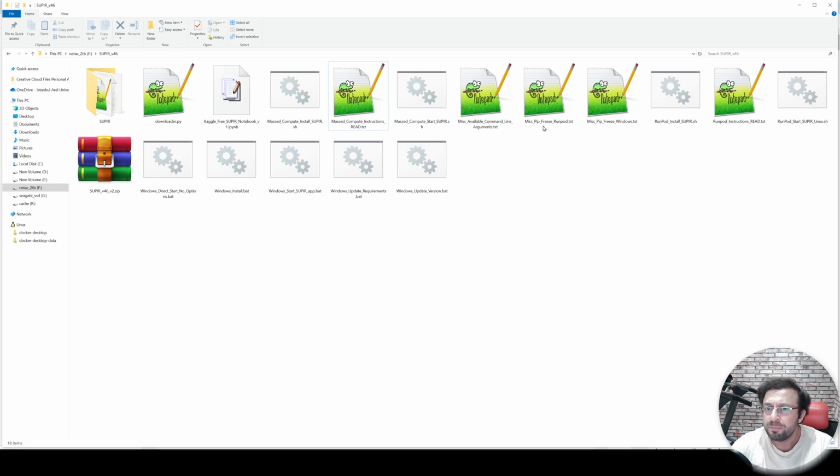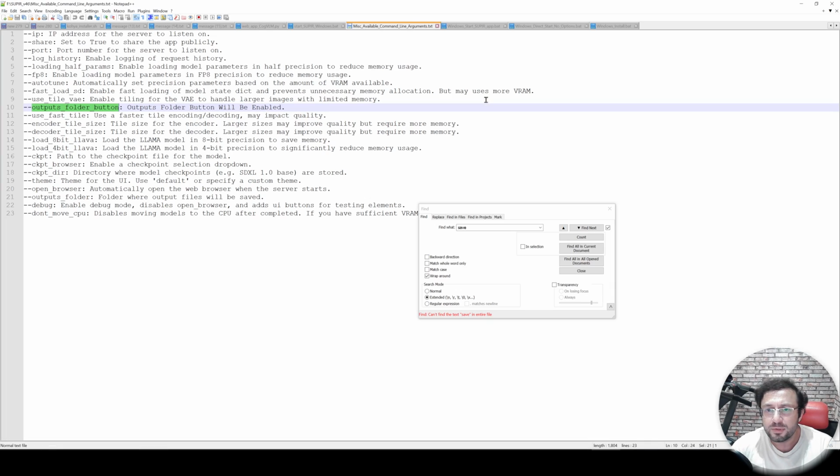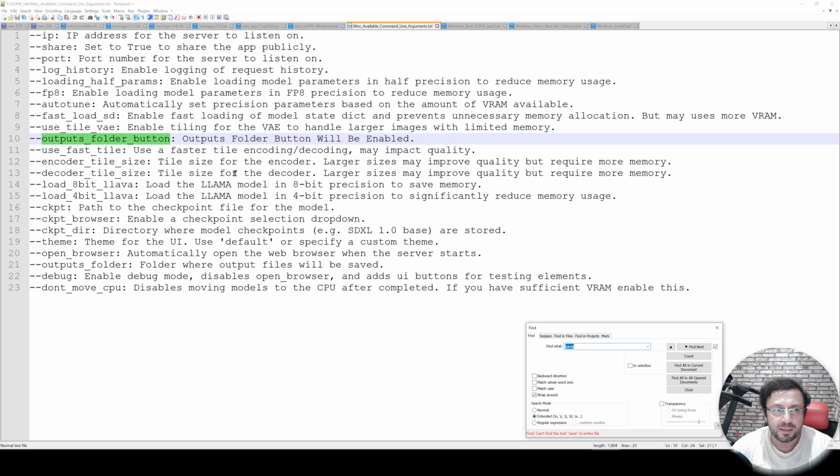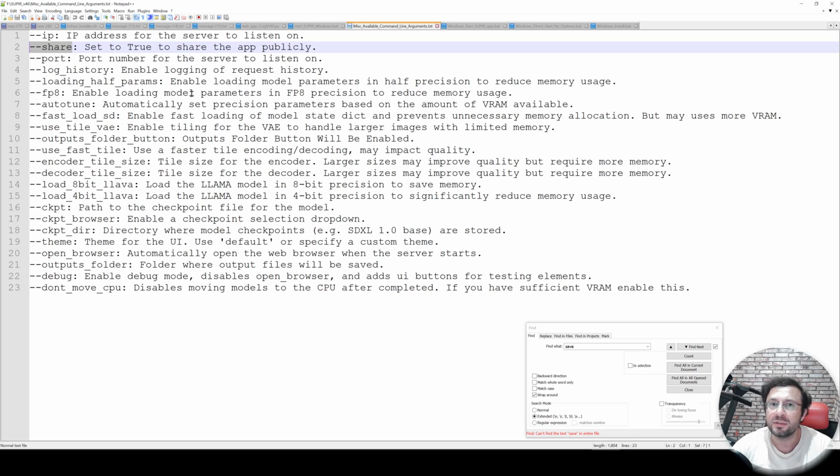There is also available command line arguments. When you open this, you will see all of the command line arguments and what they do. One of the most important one is share option. If you provide share, it will give you a Gradio live link. And then there is also a very important one, which is the checkpoint directory.